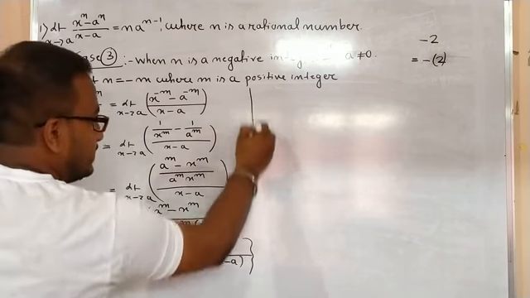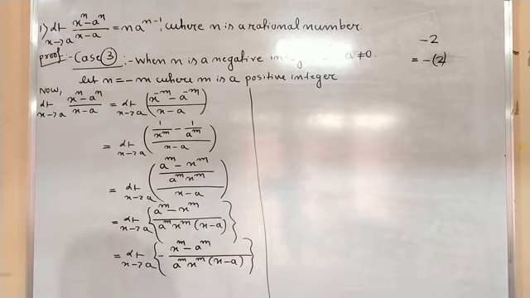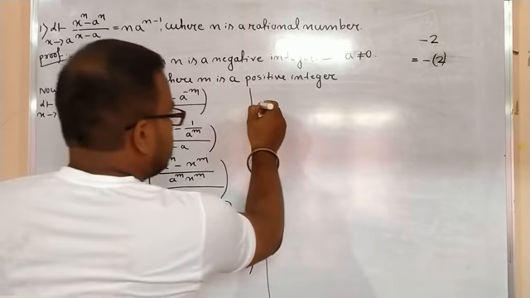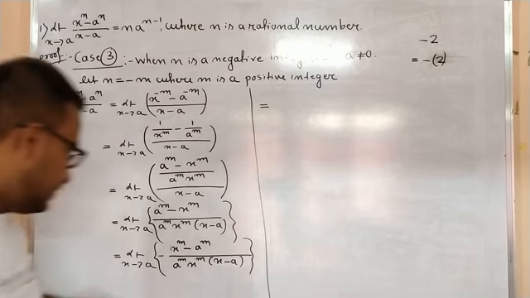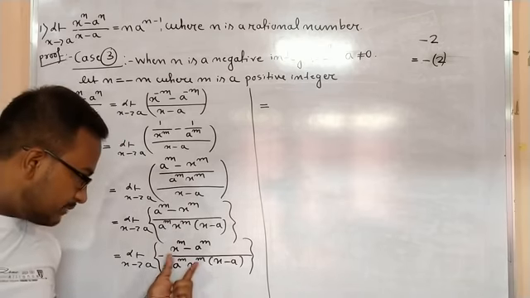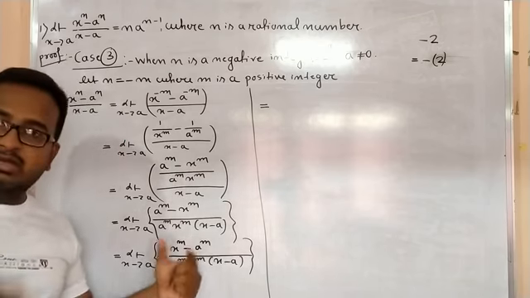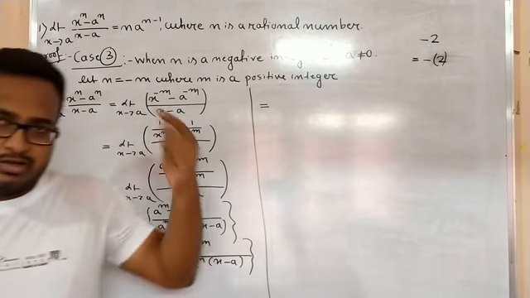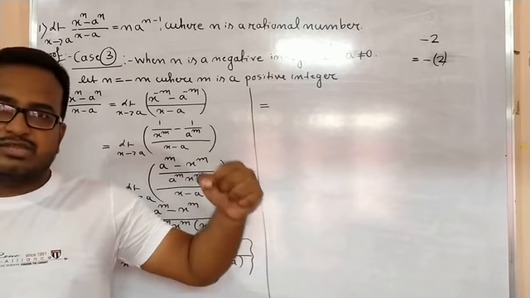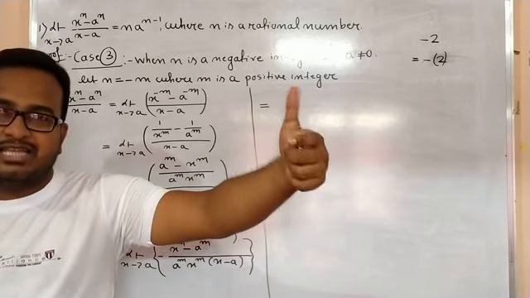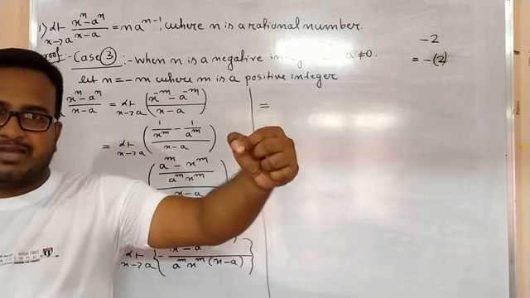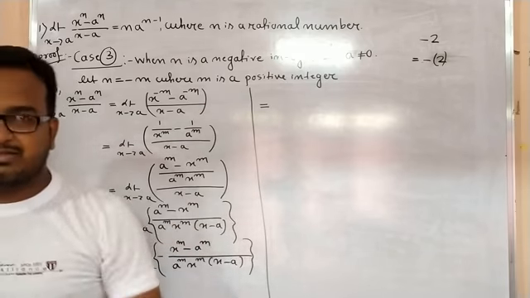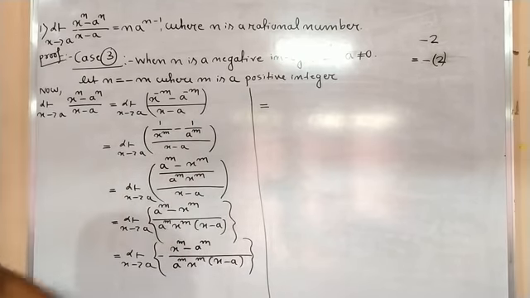Now let me do this side. Now this equals to... here you see, I can, because limit is distributive over multiplication also, isn't it? Because we have already proved that limit x tends to a, f(x) into g(x) can be written as limit x tends to a f(x) into limit x tends to a g(x), right? So I can apply this concept here.